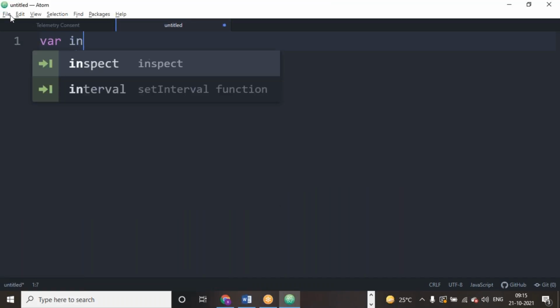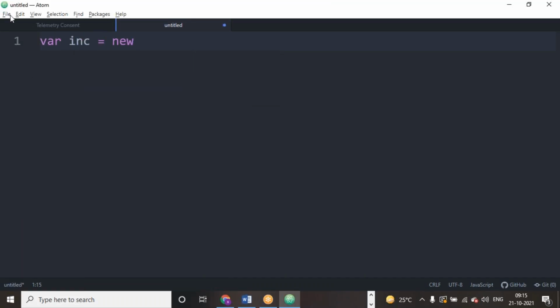Okay, so variable inc equal to new GlideRecord. If you write this same API multiple times, it's very simple to remember the hierarchy of the code. Okay, variable inc equal to new GlideRecord. The table name you have to define. Then